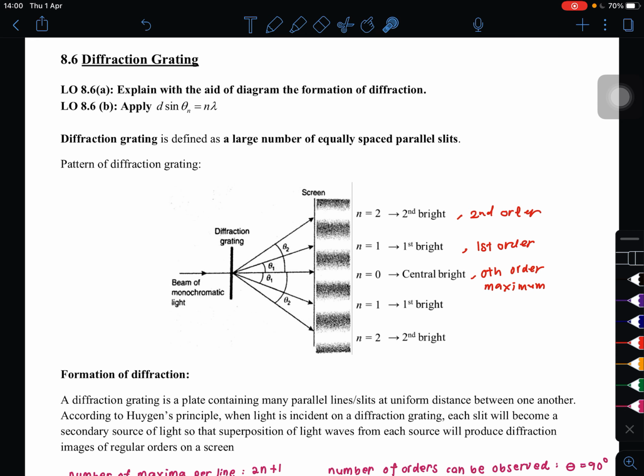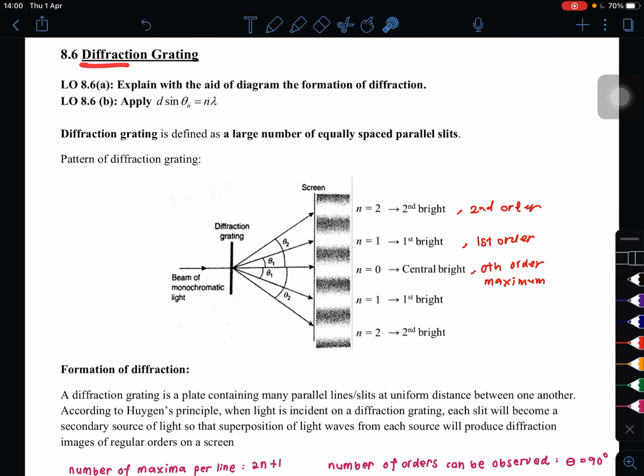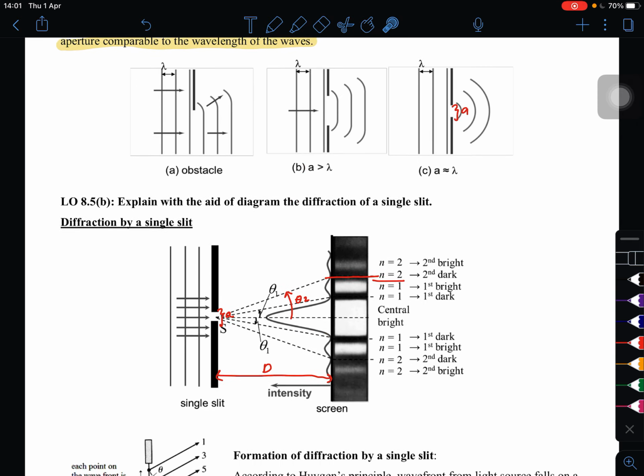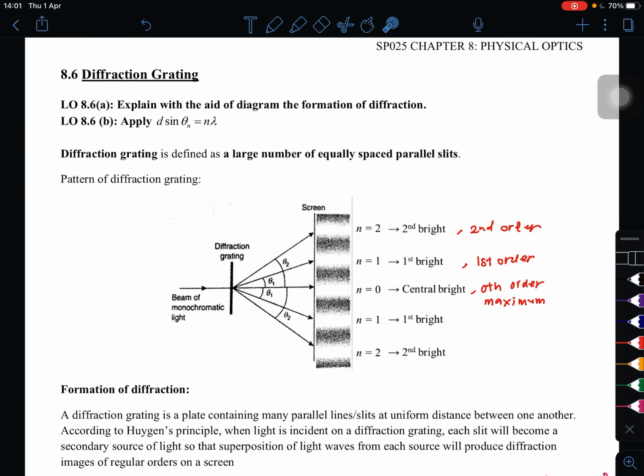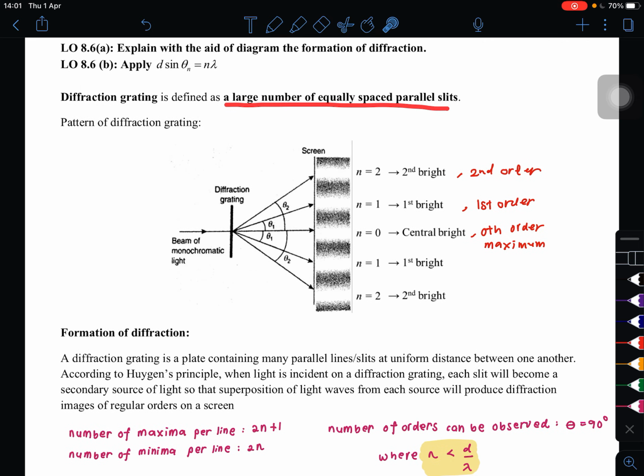Okay. So what is the difference between diffraction dengan diffraction grating, which is in the previous subtopic? Okay, by definition, it is defined as a large number of equally spaced parallel slits. Okay, so tadi dekat at point 5, which is here, kita ada satu single slit only. We have single slit sahaja, di mana kita akan ada this pattern. But if it says grating, meaning that we have a large number of equally spaced slits. Apa maksudnya? Maksudnya dekat sini, dekat tengah ni, we're gonna have a large number of